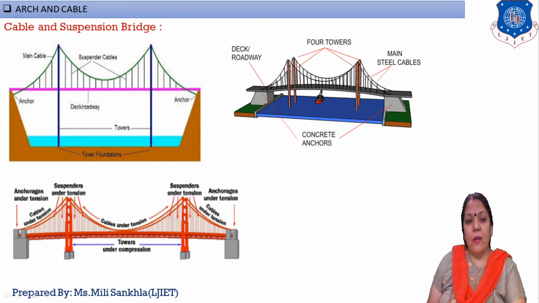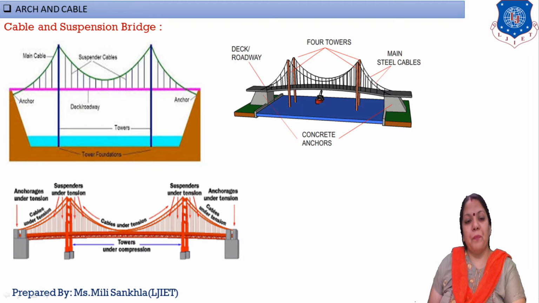Here this is the supporting tower. This supporting tower is subjected to compressive force, and how this compressive force is induced I will explain again. This is our main cable, and these verticals are the suspenders. This vertical stiffener is our suspender, and this is our anchor cable, which is mounted on this huge concrete mass. The main cable passes load through the anchor cable to the huge concrete mass, and these vertical pillars are our main towers.